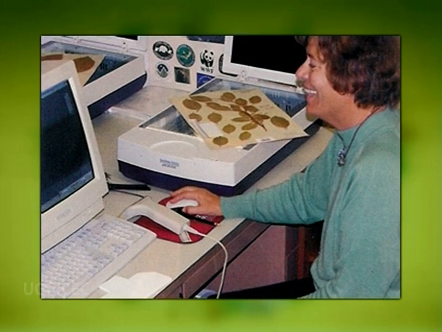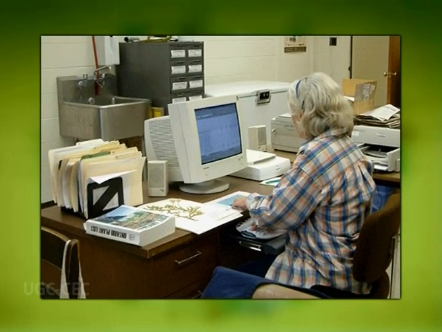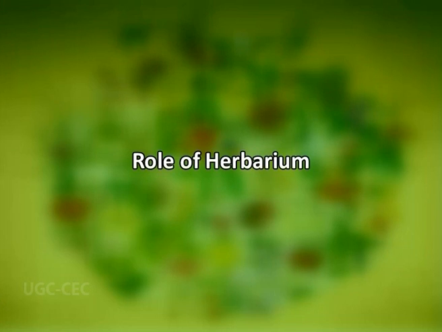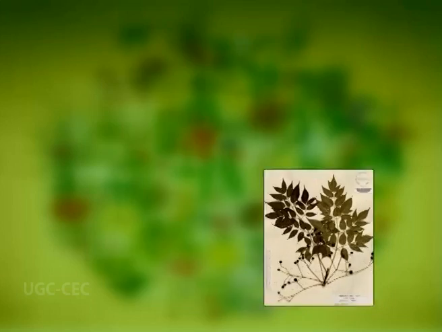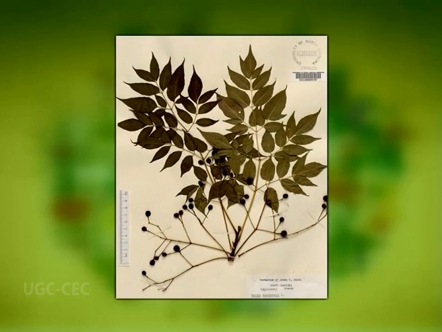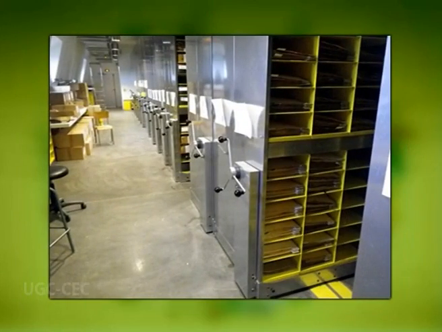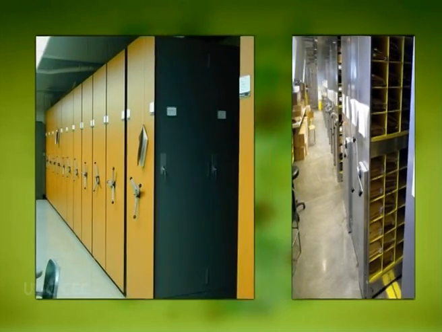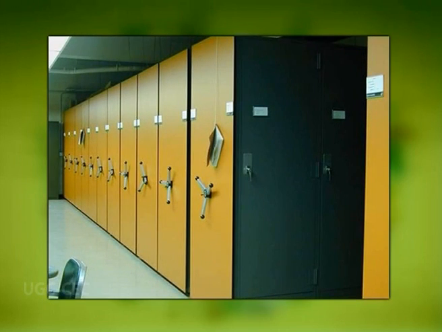The electronic herbaria, sometimes in short form called e-herbaria, are often established to improve the availability of specimen data to a wider audience throughout the world. Now let us lastly discuss the role of herbarium. The primary role of a herbarium is to prepare pressed and dried plant specimens, store them in herbarium cabinets and protect them from pests.